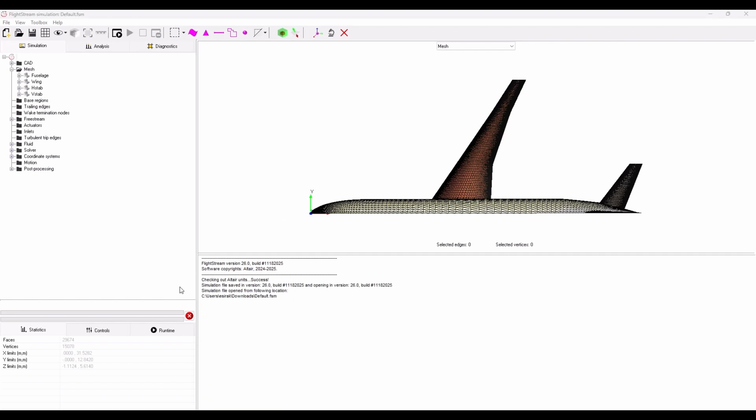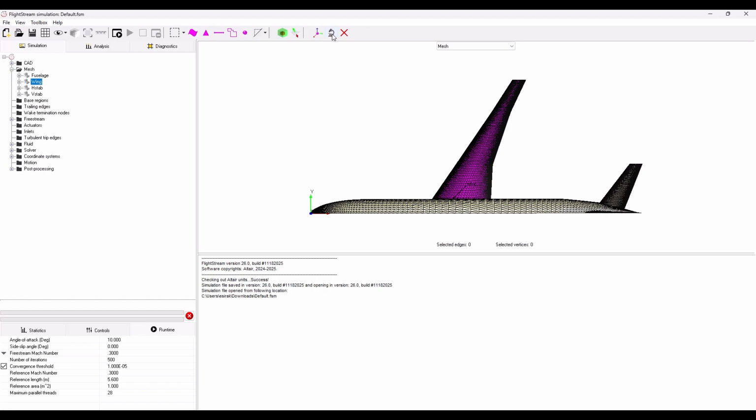Now that we've created our half model, we can set up our runtime parameters. Set the angle of attack to 10 degrees, toggle the freestream velocity to freestream Mach number and set that to 0.3 along with the reference Mach number. Now we'll use the ruler to define our reference length. It is approximately 5.6 meters, so we'll fill that in.